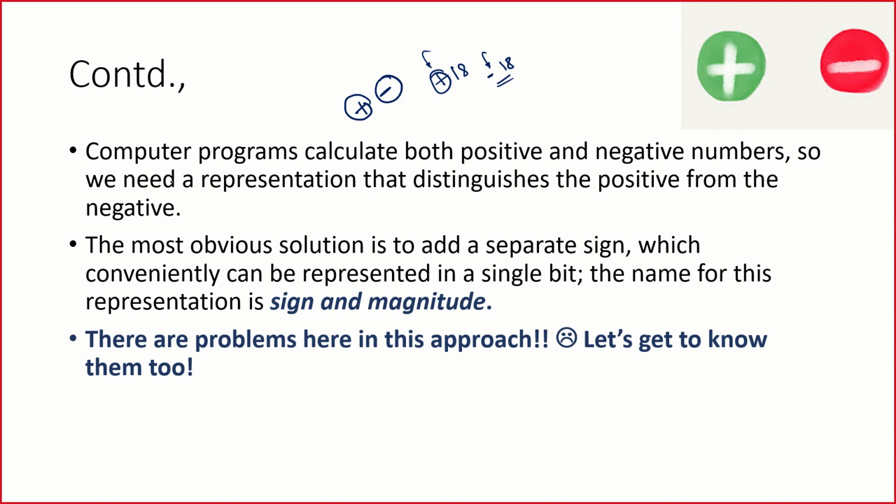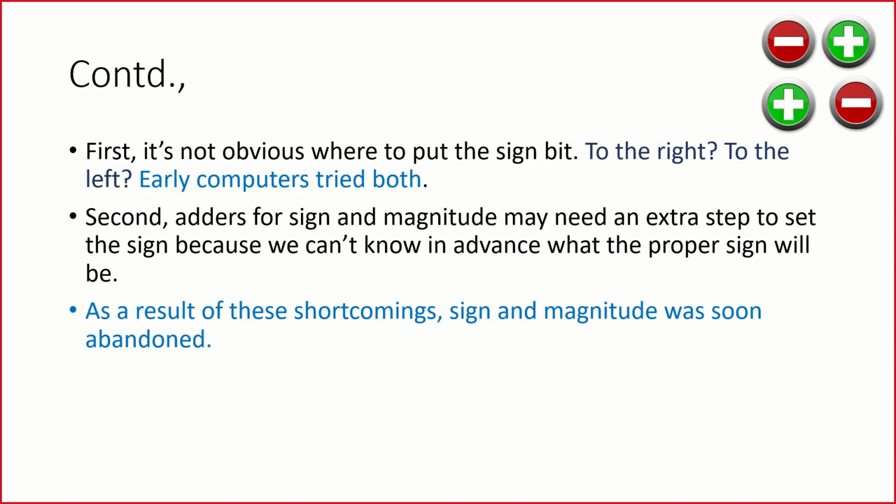But how do the computers do it? How do the computers really learn it? That's the point. How can the computers represent this plus and minus? I need to understand the sign as well as the magnitude. Can we have a separate sign, like plus and minus, specifically made available for the computer? And can we have anything that is more than this, or is it an acceptable approach? That's what we are going to learn.